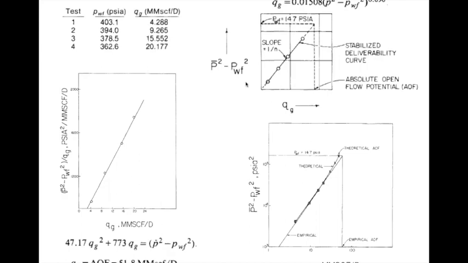Okay, why do we get this type of curve? So this is called deliverability curve, and these actual points are the stabilized pressure values, okay, for a different flow rate. So this PWF, whatever these points are that is measured, are the stabilized value, and this line is called deliverability curve. Now similar to this equation, that is called back pressure relationship, you see that you have the theoretical approach. Now at the top, this is called empirical approach.